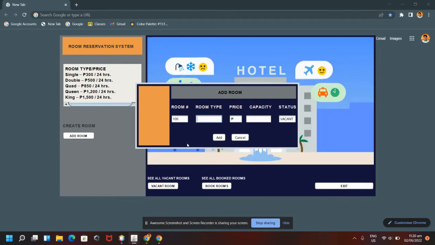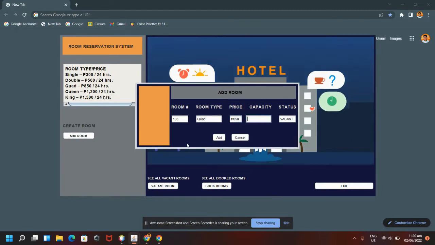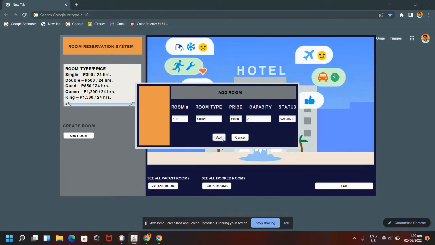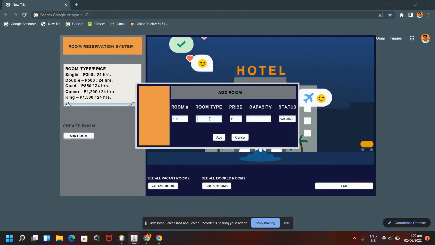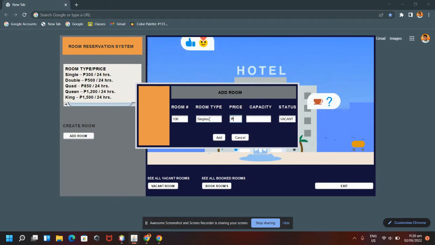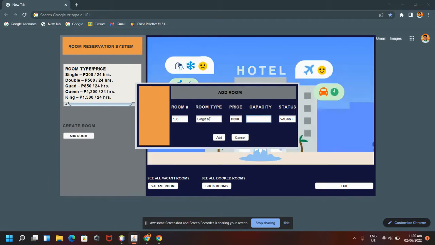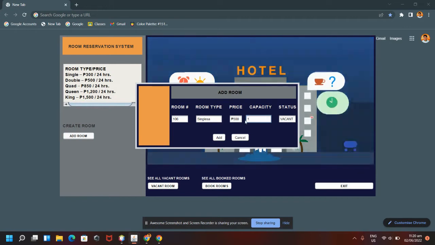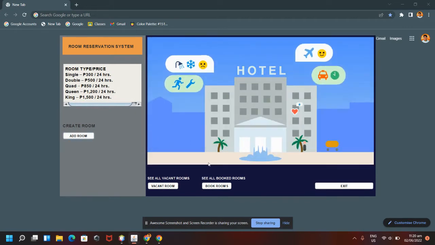Room, let's do some quad, 850, and then the capacity. Add. So let's add more. Single, price of the single is, and capacity,